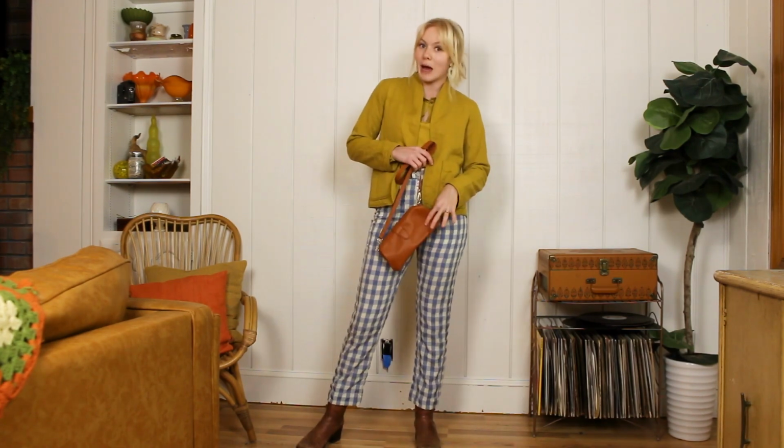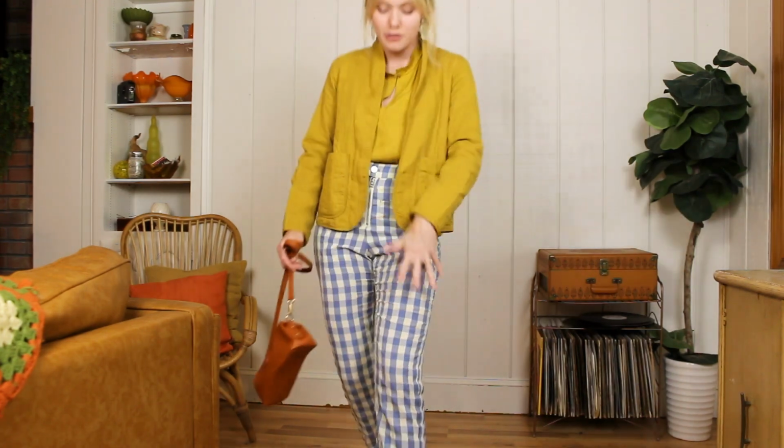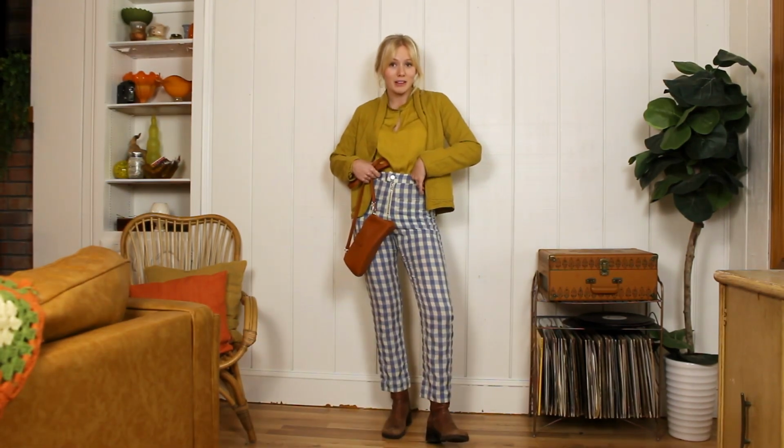And then I just wanted to go pretty simple on my accessories, so I did that easy boot from earlier, that easy bag from earlier, and then tossed on a little minty blue earring that kind of pulls out some of the blue in these pants. So I'm loving this combo. So this shirt is definitely a staple in my closet, and you'll probably be seeing it a ton because it's